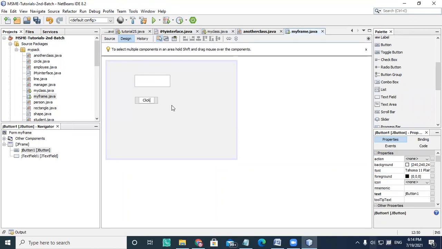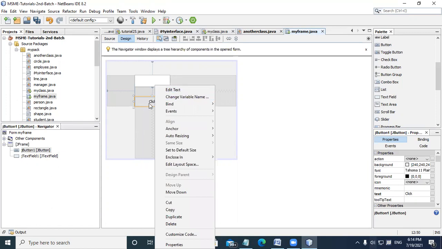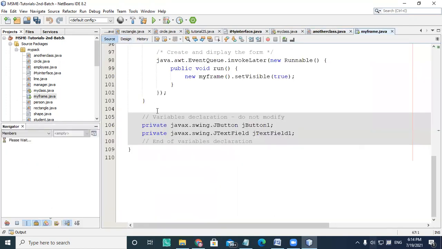part here. Whenever I click on that particular button, I can write the interface by clicking on that. It's going to create the body of the click button.